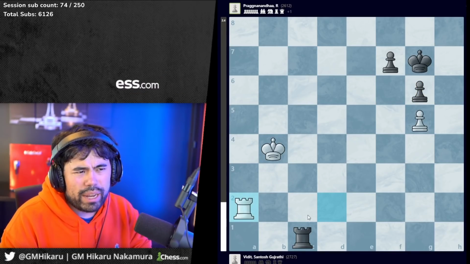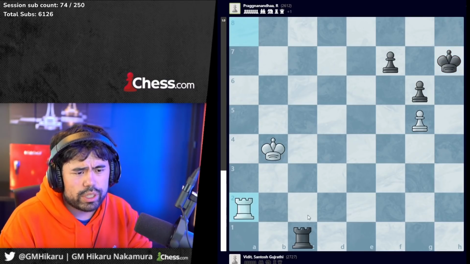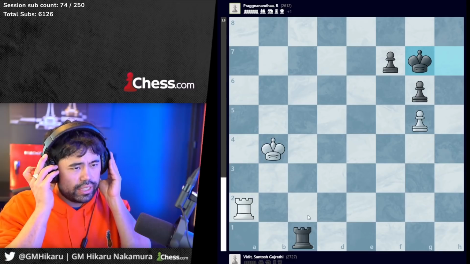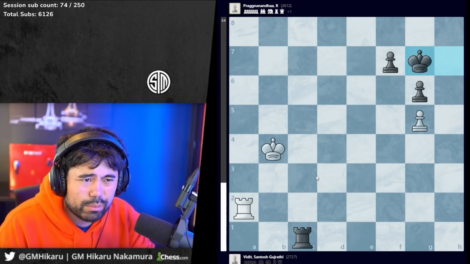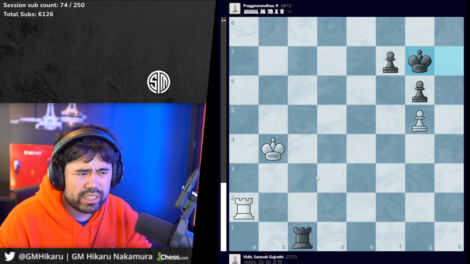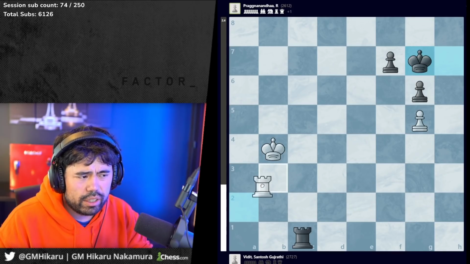So here, Pragg plays king g8, low on time, trying to gain some time. Rook a8, king h7, rook a2, and now he goes king to g7. Now it's in this position that this is one of the last moments where Vidit has some chance to maybe create some tricks. And the only way to try and create tricks here is to play a move like rook